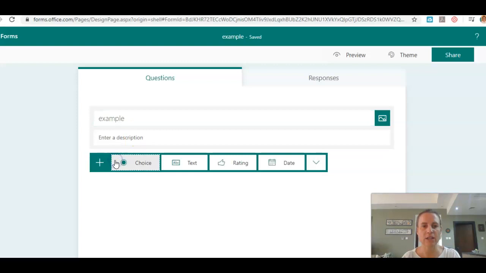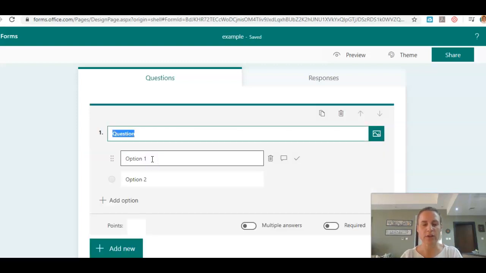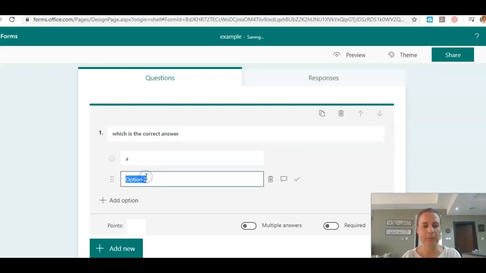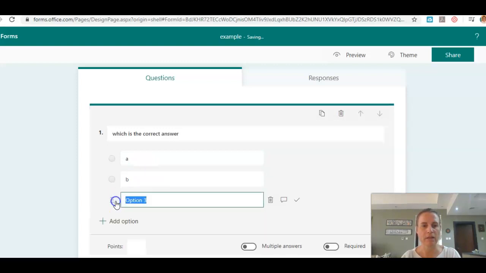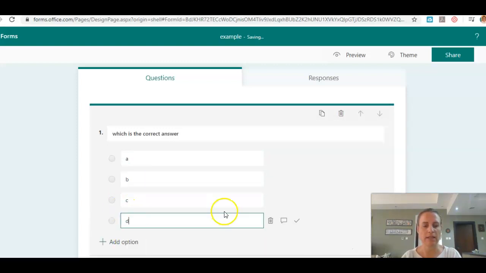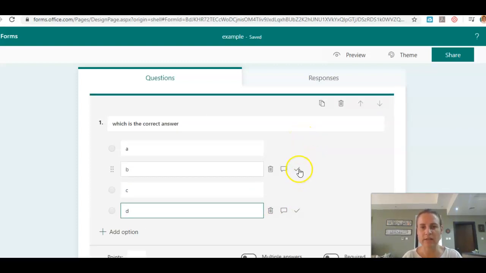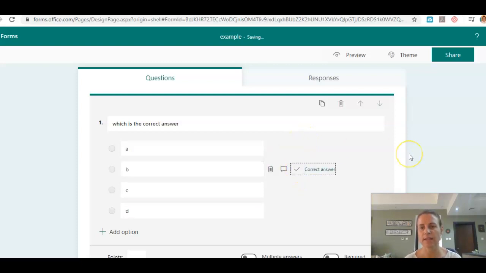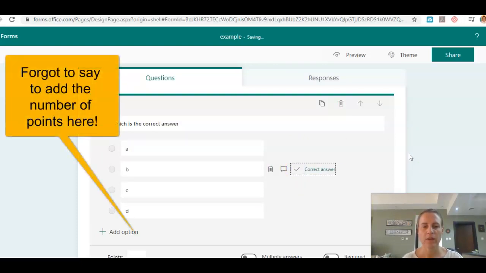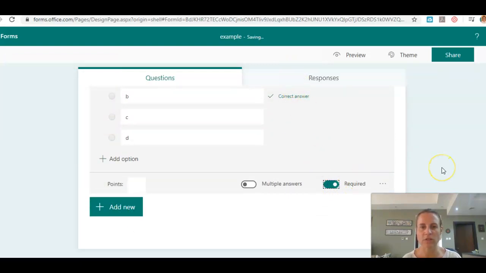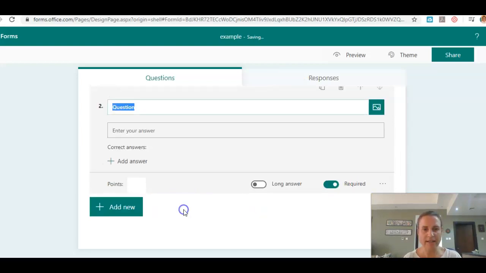Okay, and then I'm going to add a new multiple choice. So which is the correct answer? And we can have option A, B, C, and D. Okay, and then you can tell the quiz which the answer is correct. So let's say it's answer B in this situation, you would say that that is the correct answer. Okay, now if you scroll down, I would always put that as a required question as well so the students know that it's required. As you scroll down, you can add a new question, and this next one might be